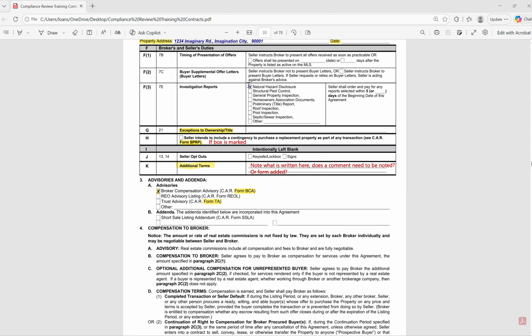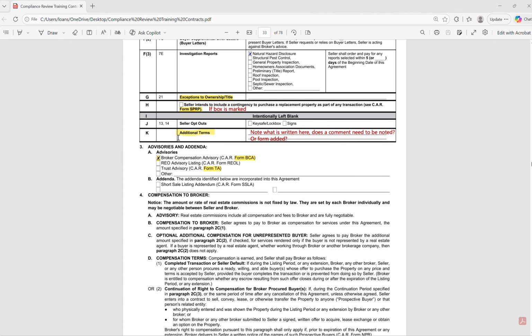We're looking for any boxes that are marked here, to see if there's any additional things that may be needed to be a requirement. Let's see here. SPRP, if this box is marked, that form becomes a requirement. Notate anytime the agent adds anything in any of these additional term sections that may add a requirement or a form or a report,